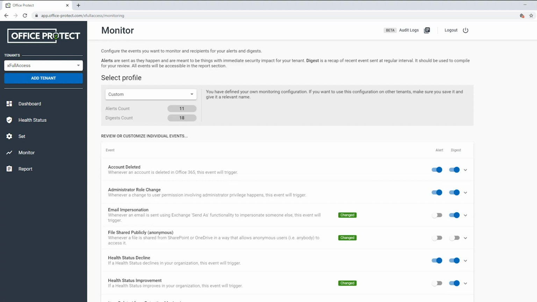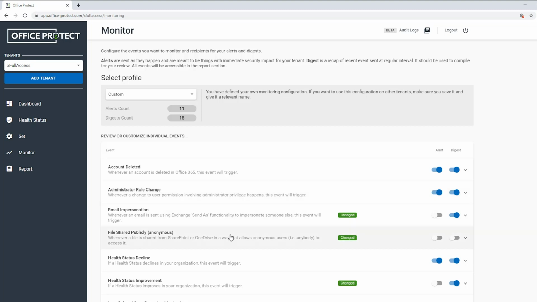Our events can be as simple as something that appears in your log. For example, account deleted is a good example. Once we see an account being deleted, we will let you know. It is an action that is often taken by hackers or vandals. Even internal threats could start deleting accounts, and that's something that you want to hear about. Administrator role change, for example, is also something that's very commonly done by people that have hacked one of the Office 365 services to give themselves access to more privileges.